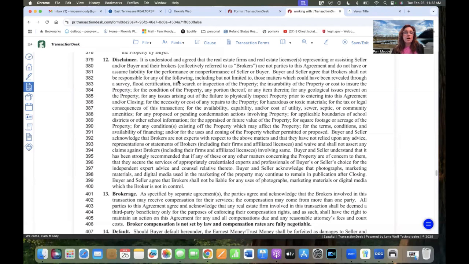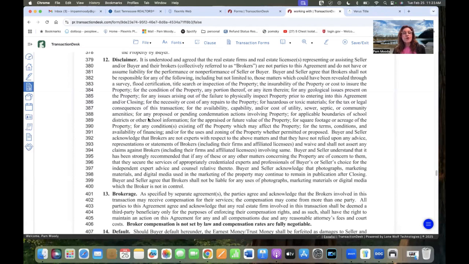the insurability of the property, or cost to insure the property, for the condition of the property, any portion thereof, or any item therein, for any geological issues present on the property, for any issues arising out of the failure to physically inspect property prior to entering into this agreement and or closing, for the necessity of cost or any repairs of the property, for hazardous or toxic materials, for the tax or legal consequences of this transaction, for the availability, capability, and or cost of utilities, sewer, septic, or